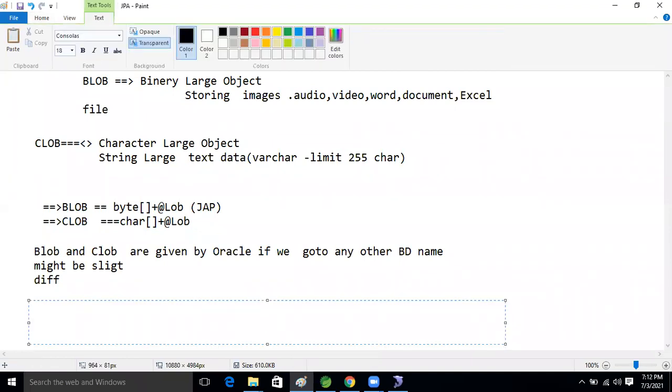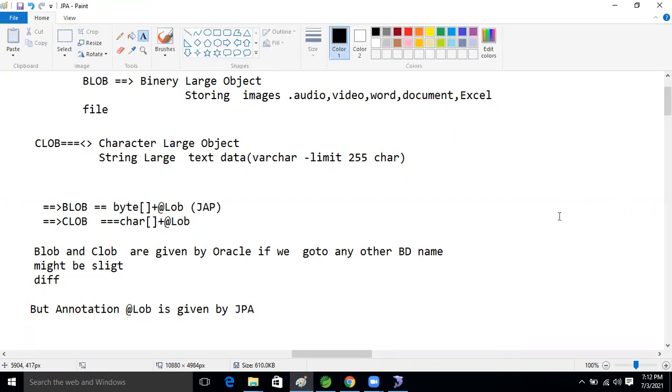But the @Lob annotation is given by JPA.